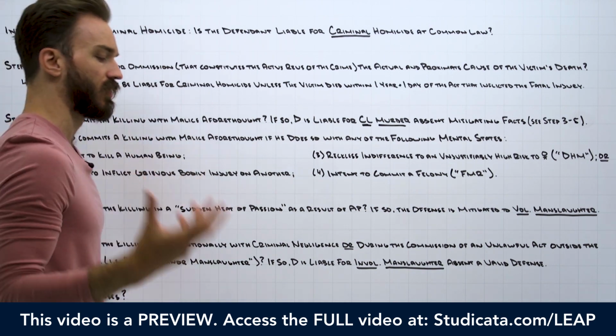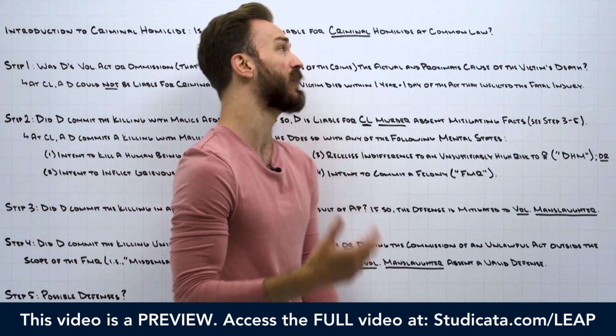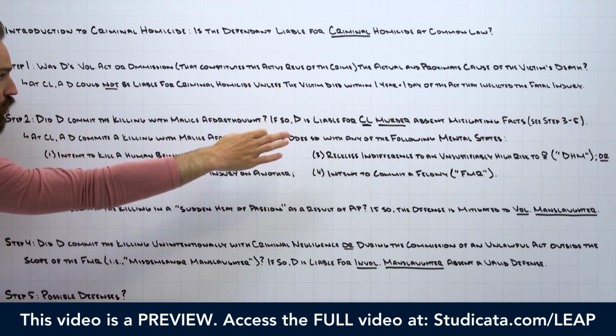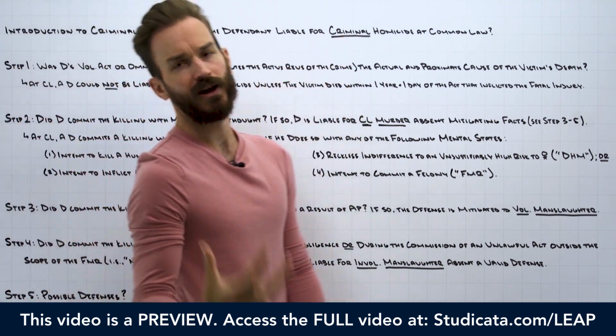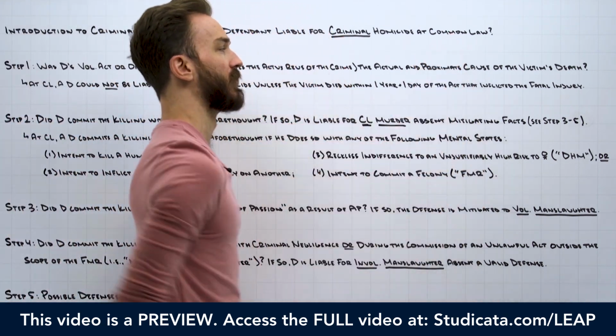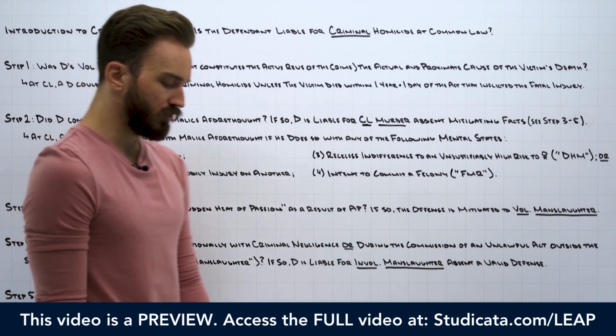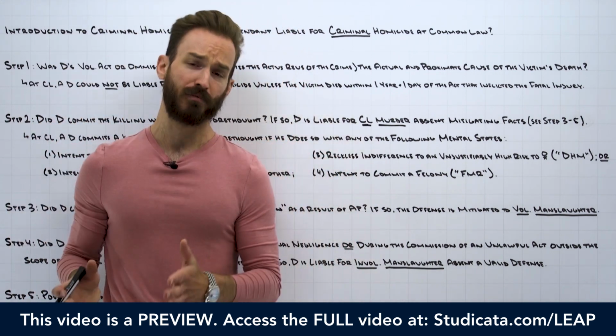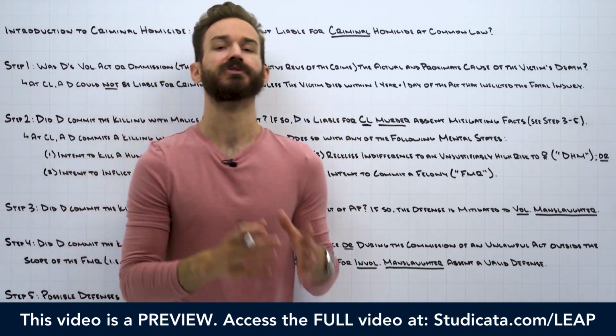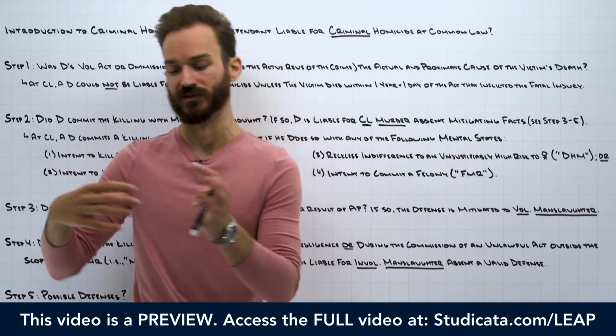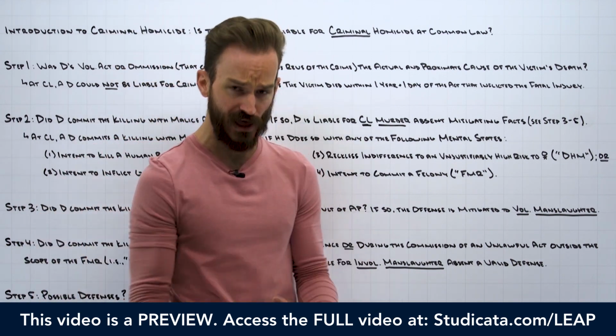What is the unlawful killing of another human being? When can the defendant be held liable for criminal homicide? And again, we're going to focus on the common law here. So with that out of the way, step number one. Anytime we're looking at a criminal law fact pattern and we see a person dying, we have a victim who has died or a victim who has been killed,